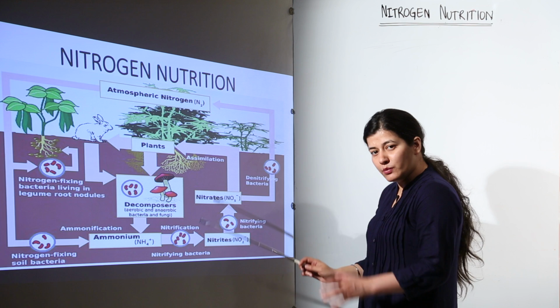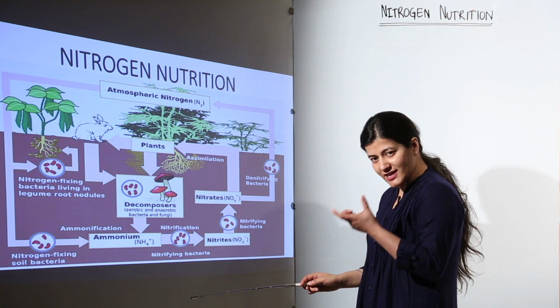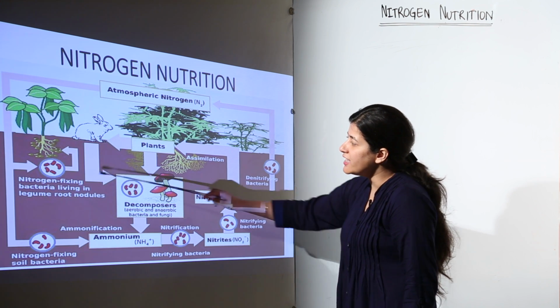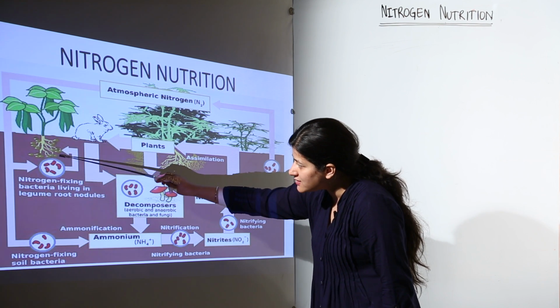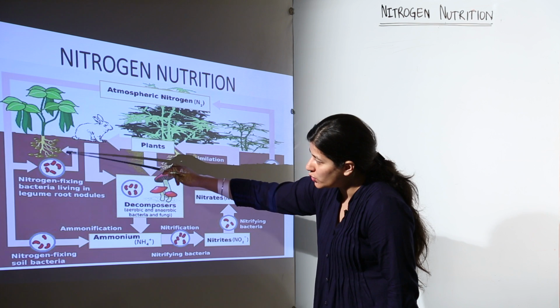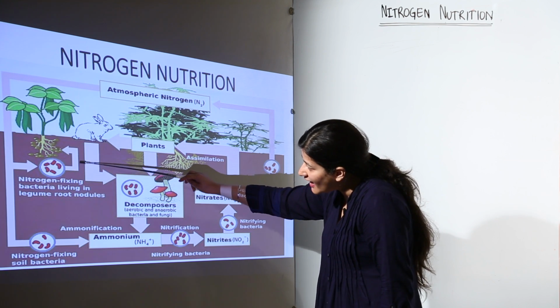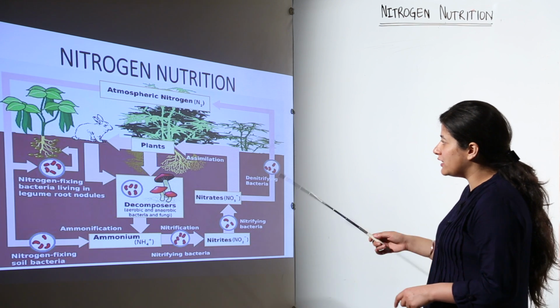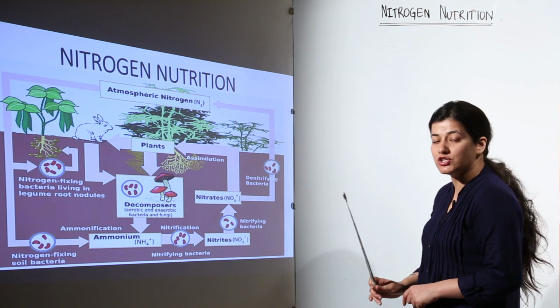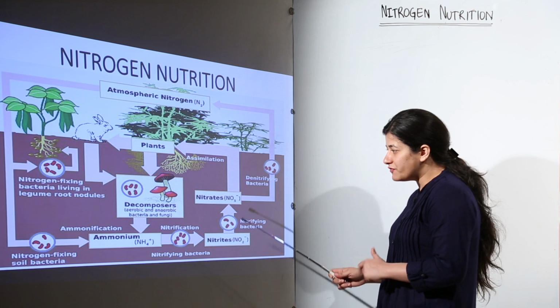fixing bacteria which are present in the leguminous plants, as in the case of Rhizobium we discussed, that takes up the nitrogen and converts it into ammonia, and as you can see in this plant they have shown small nodules over here. It would be taken up directly by the plant and assimilation would take place. In the other case, when this biological nitrogen fixation is not taking place,